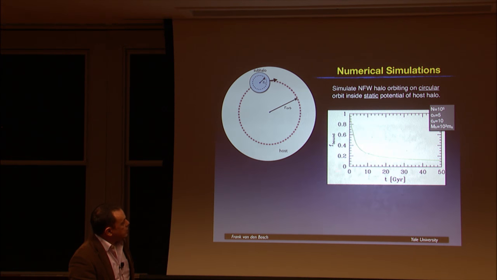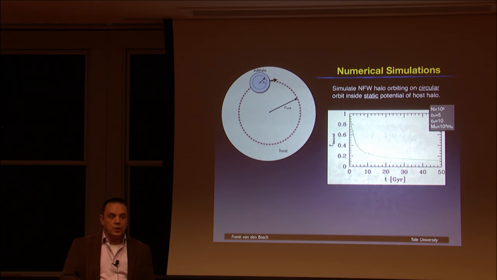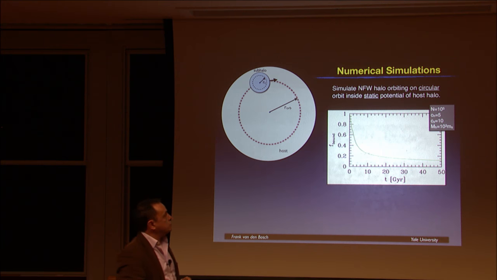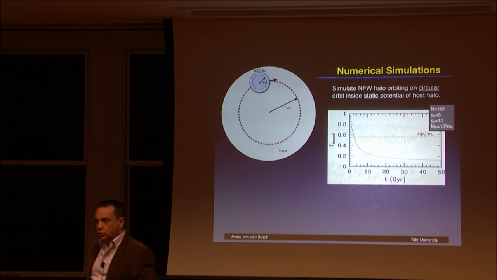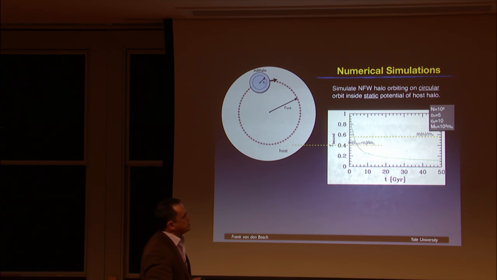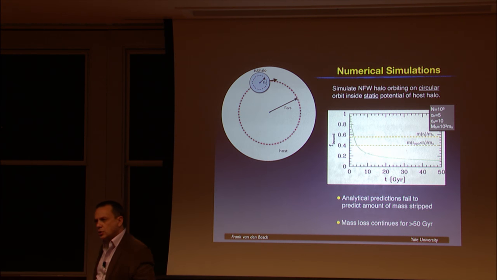We can plot the bound fraction as a function of time, shown here. And now let's compare this to these predictions. If only the mass outside of the tidal radius in the beginning would have been stripped off, the thing would have sort of asymptoted out to here. Well, clearly there's much more stripping than that. What about the mass of all the particles with an apocenter outside of RT? Well, that would asymptote to here. There's even more stripping than that.